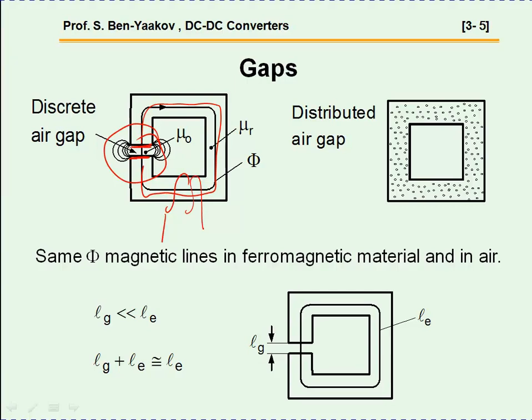Now, as a result, you are sort of diluting the permeability of the magnetic core with the permeability of air, and you can then adjust it to whatever you want. We'll discuss it in a minute. Another way is to use a distributed air gap. Well, it may not be air, but what you do is actually put some inert non-ferromagnetic material inside the material. I mean, it's part of it, so that in fact you do have sort of a gap which is distributed